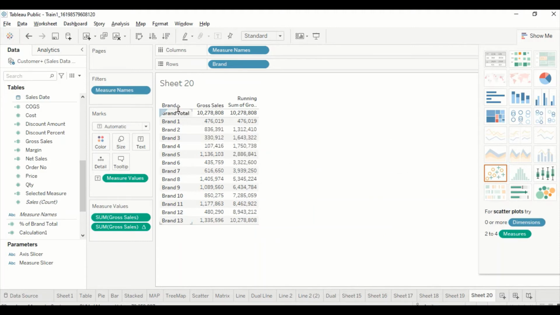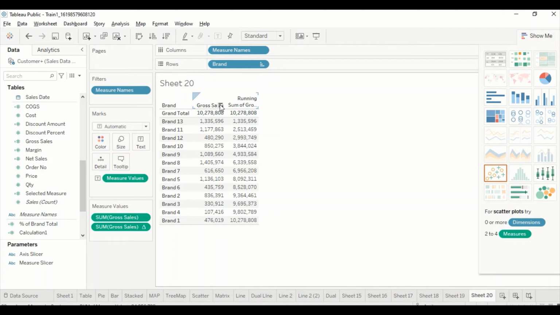Now what happens if we start changing the sorting order? That's very important. What happens if I change the sorting order? Let's say alphabetical sort, data source order, field, nested, or something like that. Let's say we go here on the brand which is already sorted, and let me choose descending. Okay, the 13 is above. So what happened, and that's the beauty here, is that the running total has automatically adjusted by itself.